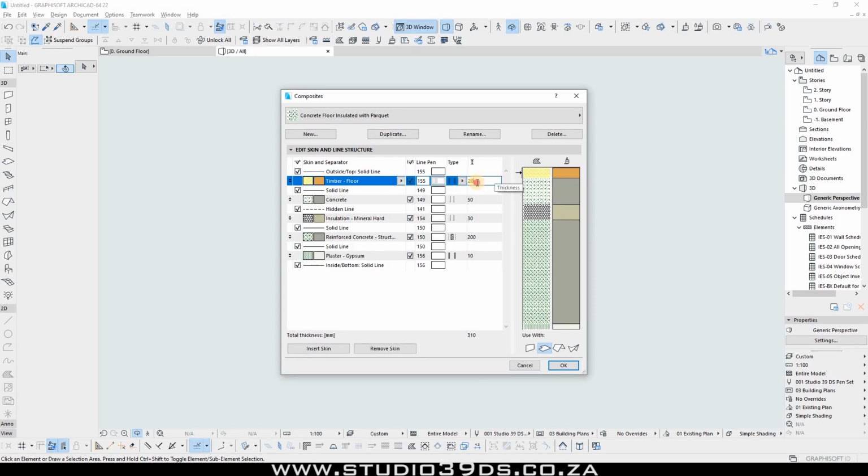Another thing you need to understand here is that on the far right of this edit skin and line structure area, you can also depict the size of the element. At the bottom you'll get the accumulative thickness of all the elements which have been brought in on these elements right here. So I see that it has gone back, so I'm going to go ahead and change it again. And then in terms of the line pen sets,